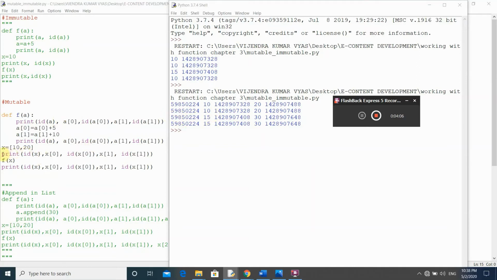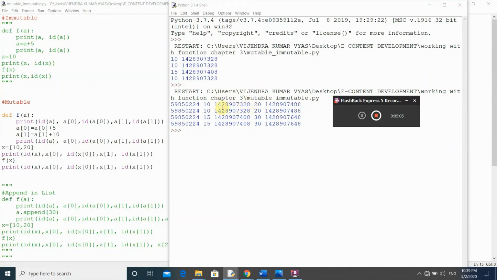Here, when we see the output of this print statement, the address is 59850.224, meaning x is pointing to a place in memory, or you can say it points to a container whose address is 59850.224, and it stores two indexes, index 0 and index 1. At index 0, the value of x of 0 is 10, and the address where this x of 0